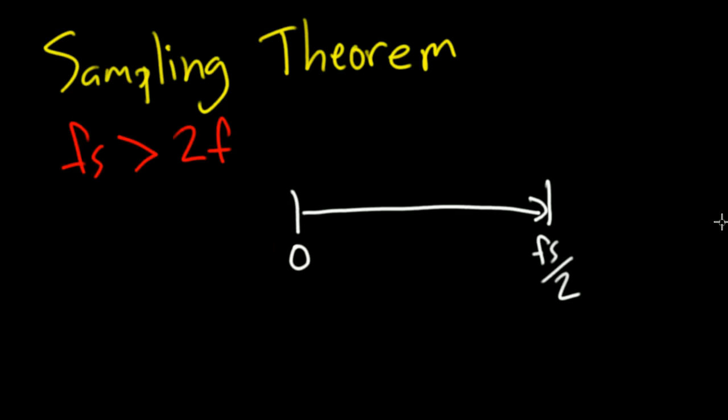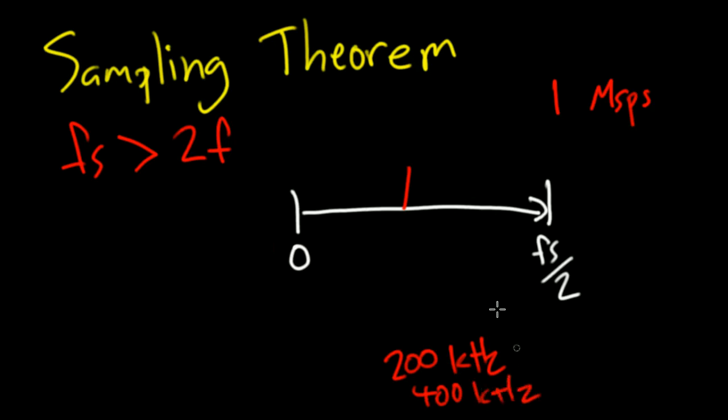So there's no extra information over there, and people think of it as being that let's say you have a 1 mega sample per second sampling frequency. So f of s over 2 is 500 kilohertz. Well, let's say you have a signal of interest that is at, let's say 200 kilohertz. Well, that's going to show up just a little bit to the left of center here on your frequency domain plot. And if you increase the frequency to, say, 400 kilohertz, then that's going to show up over here. But if you increase the frequency of interest to 600 kilohertz, let's say you have a signal at 600 kilohertz, well, that's off the right-hand side of the